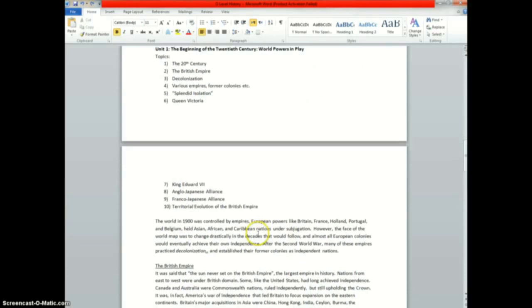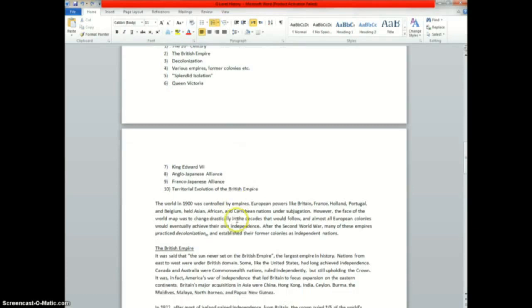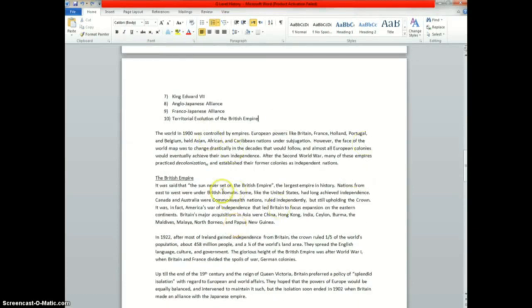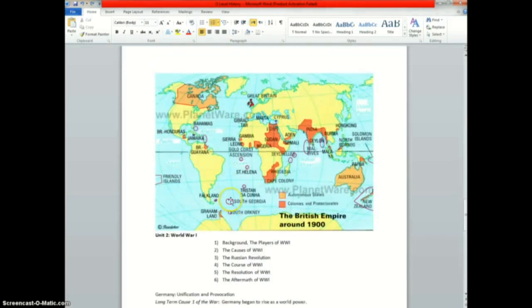Okay, so what I did was, before the 20th century, I went and found out what world powers were like, what happened before, and then I had some topics here that I have read up on, and then of course the British Empire. And then I have this lovely map here that shows you just how vast the British Empire was. I mean, these were autonomous states, but still,